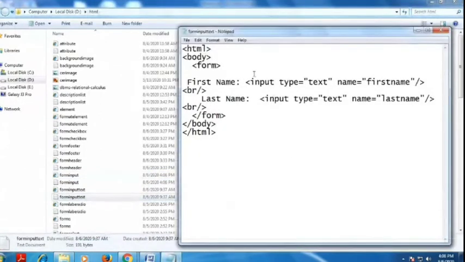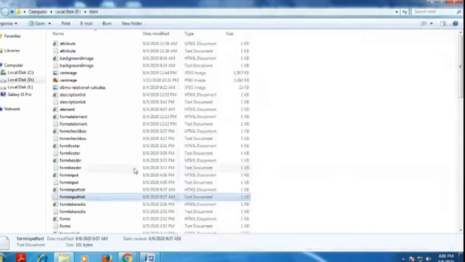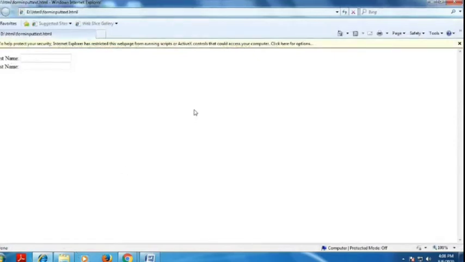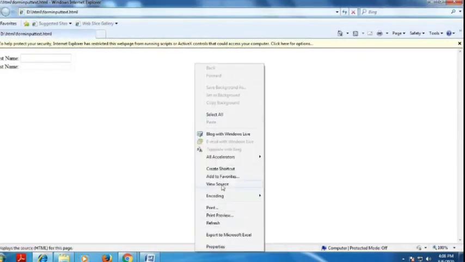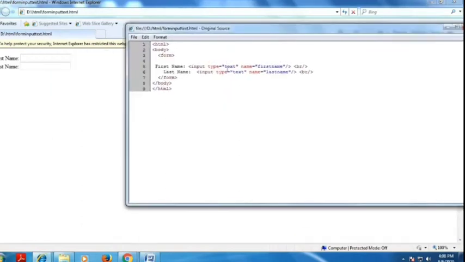I have used two text fields, text one and text two. First you see the two text boxes, then the text field. Wait one second, I open the view page source. See what I have put. I create a form tag open and the form tag closed. I create two labels, first name and last name. Then I put two text boxes, input type. The type attribute is text, so it accepts only a single line.